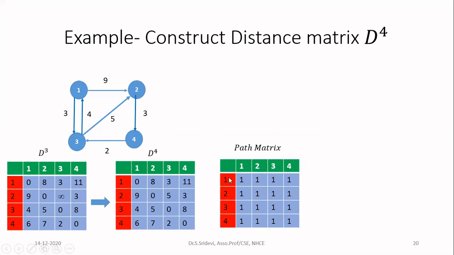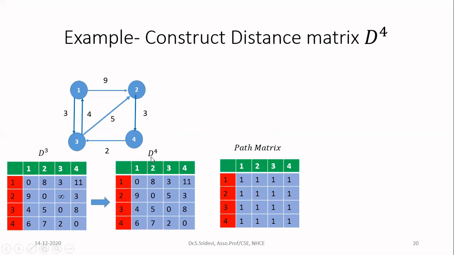Okay, so this is how we can construct the path matrix for any given graph by using the Floyd-Warshall algorithm. But actually, if the Floyd-Warshall algorithm is asked, there is no need to construct this path matrix. If you construct up to D4, that is fine. So now we have finished the construction of D4. What is this matrix going to tell you?